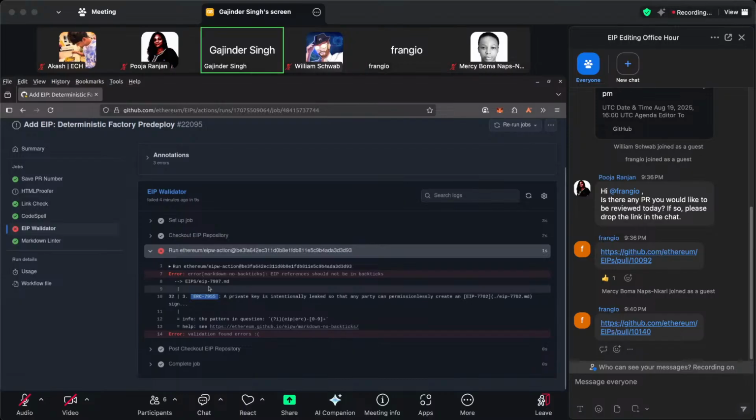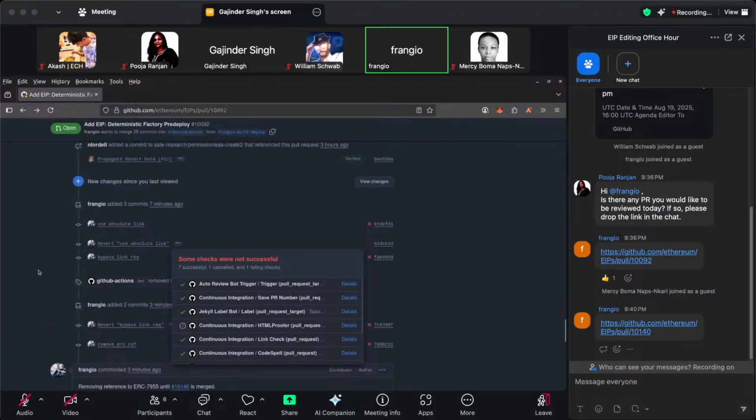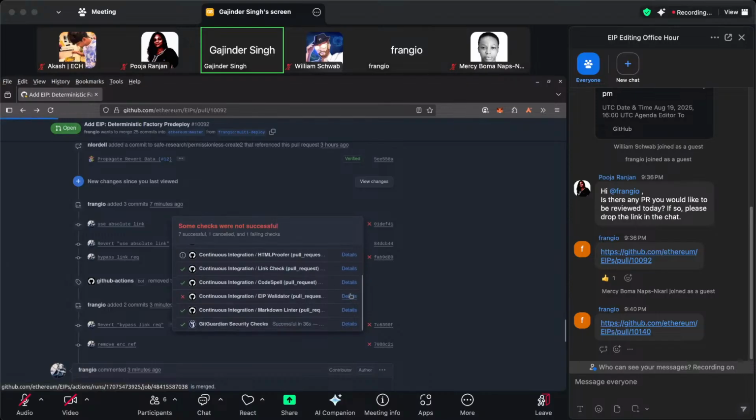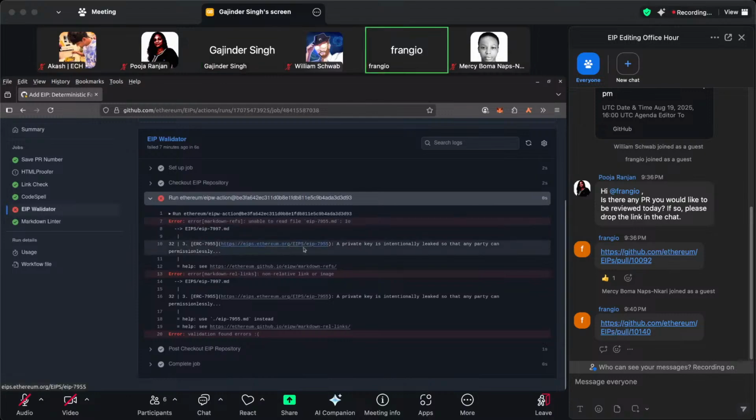No, I mean, but you could just refer to it as ERC 7955. No, it's not possible. Full name, none of this works. The only thing that works is to remove the reference. It's fine. I will add it back later when the CI fix is merged. It's okay, but it doesn't need to be referred to. But the full link should work. No, sorry. It doesn't work. I've already tried it. I've already tried everything and it doesn't work. Use absolute link. It'll try to check if it exists and it won't find it.